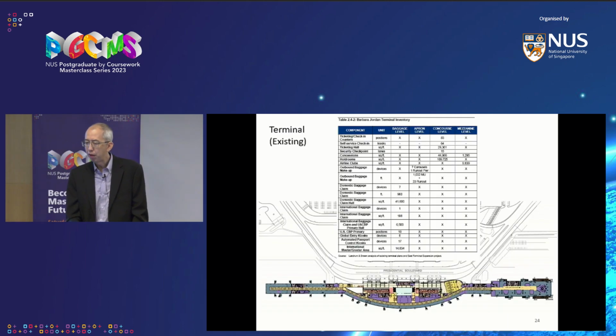So as part of the inventory process, you also need to inventory what's happening inside the terminal. You need to count how many ticket counters you have, how many security checkpoints, how many makeup belts, how many baggage claim, so on and so forth. And on the bottom of the screen is actually a snapshot of the passenger concourse. So the middle part is where all the check-in takes place. And then there's the yellow zone, which is the security checkpoint. That's the biggest one. On the other side, there's another yellow zone. That's a security checkpoint. And then all the blue areas are the gate hold rooms where you wait for your aircraft.